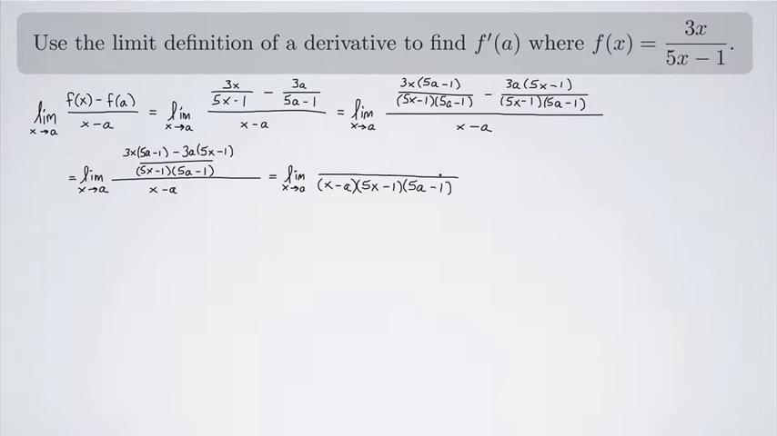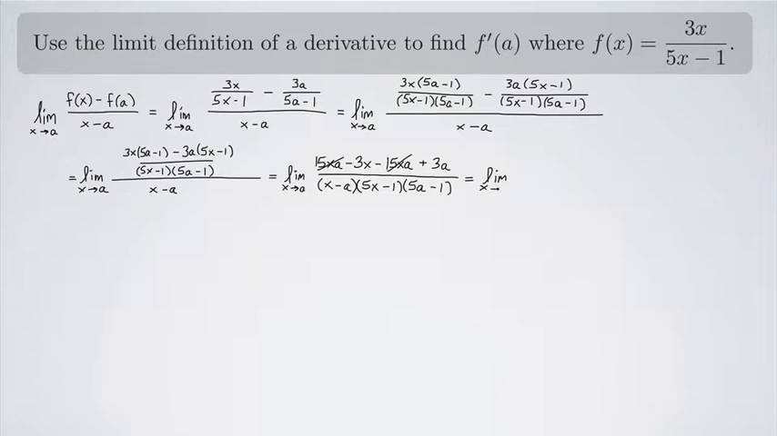And then on the top, let's multiply this out. So I have 3x times 5a, that's going to be 15xa. And then I'm going to have a minus 3x. Then I have a 3a times a 5x with a minus sign here, so it's going to be minus 15xa. And then minus 3a minus 1, that's going to be plus 3a. And look, 15xa minus 15xa, gone. So I'm left with the limit